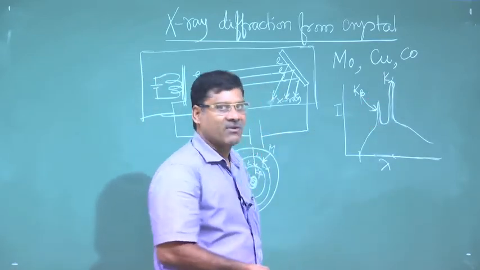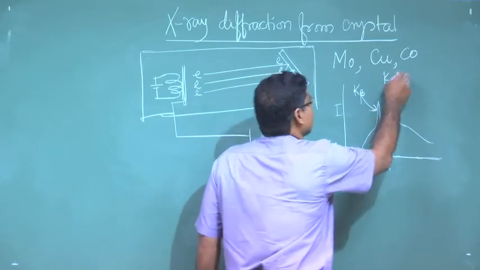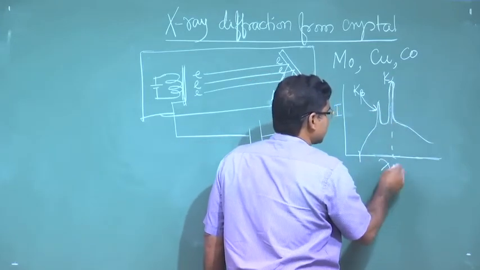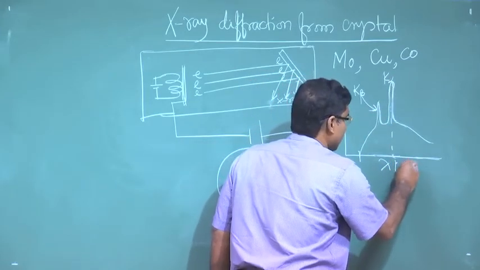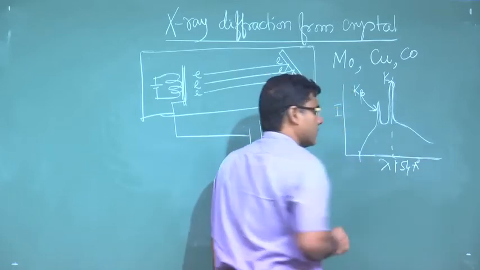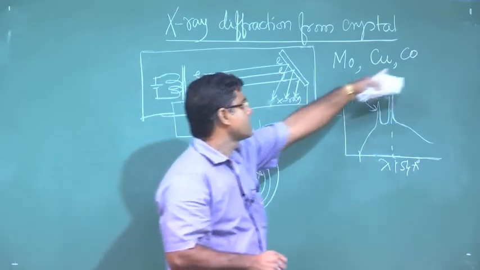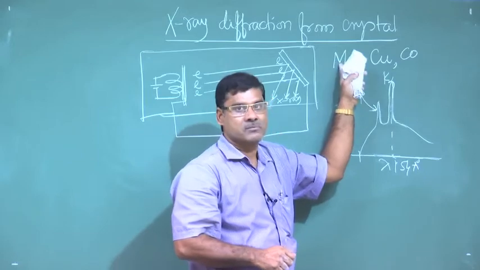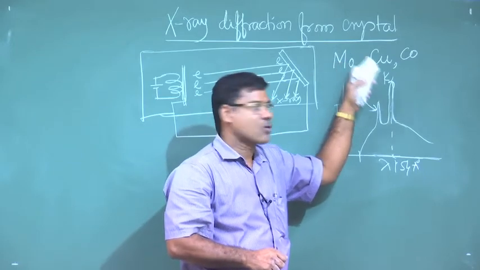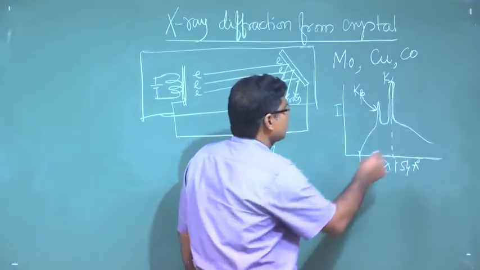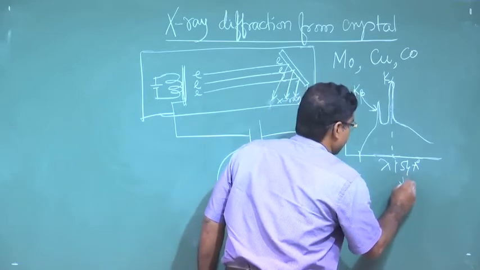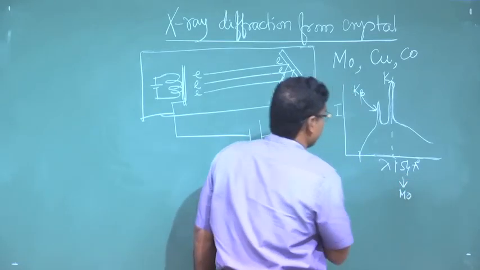So, the wavelength of copper K alpha is 1.54 angstrom. Okay. But if you take a molybdenum source,